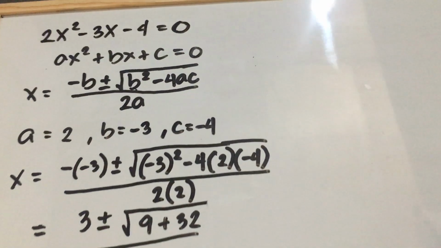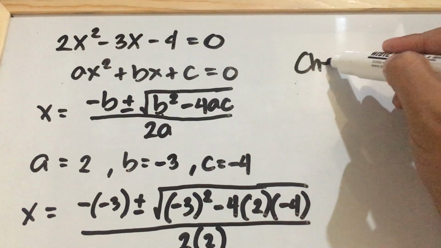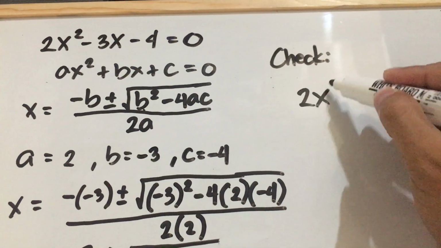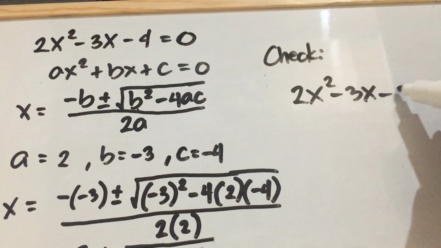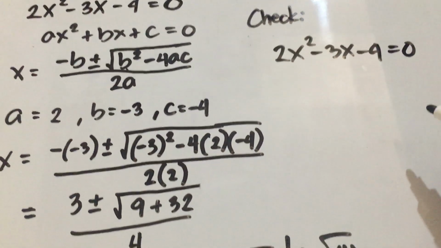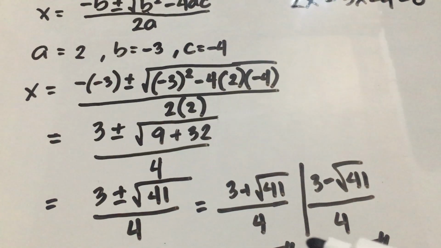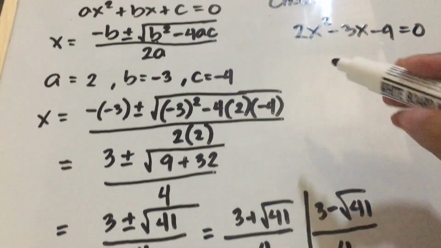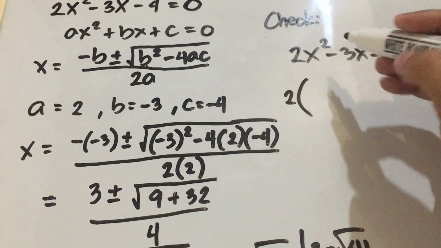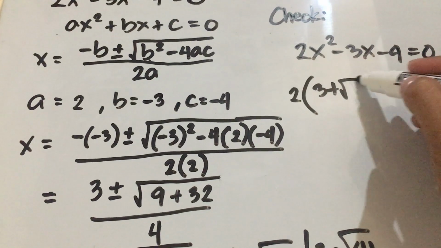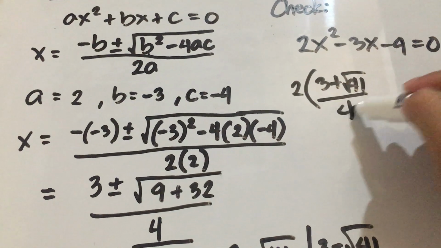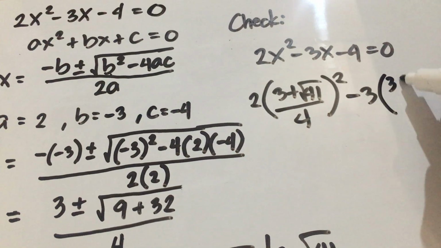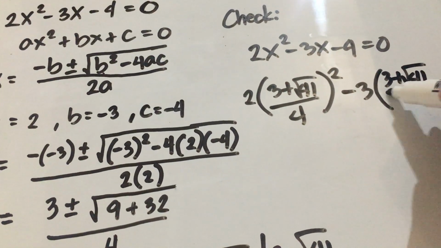Okay, so to check our answer, we can check using a calculator. So again, we have 2x squared minus 3x minus 4 equals 0. Now, so again, we will use the two roots as the roots of our quadratic equation. So let's have 3 plus square root of 41 over 4. So we'll get 2 times 3 plus square root of 41 over 4 squared minus 3 times 3 plus square root of 41 over 4